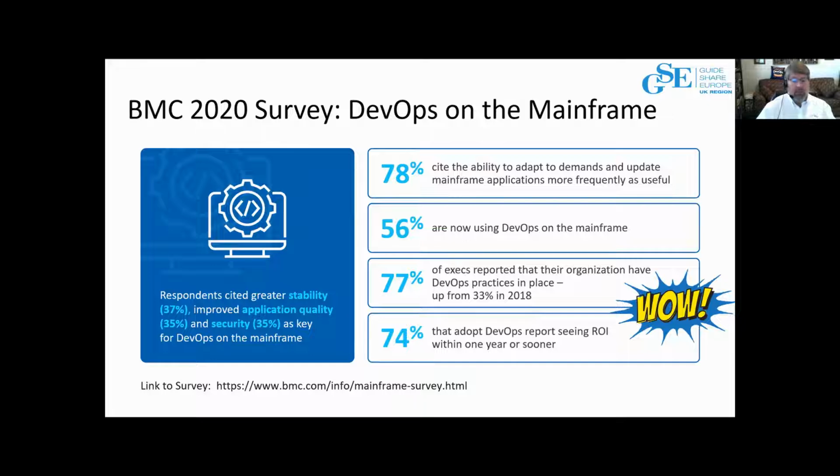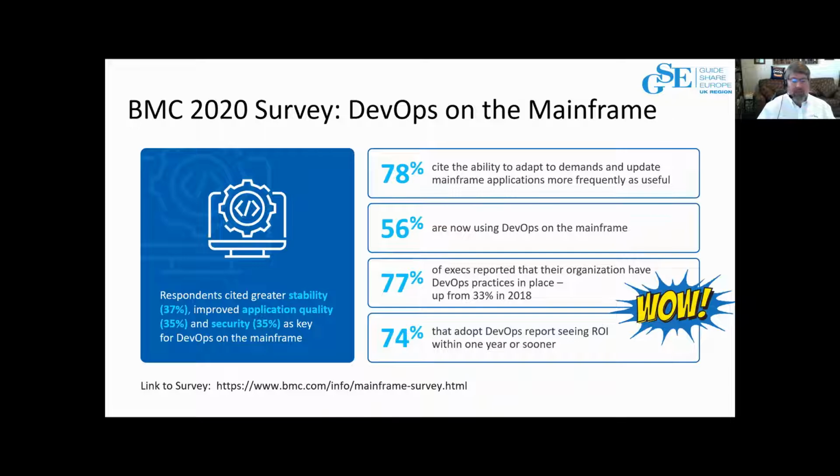It's a good survey, and it shows the commitment to the mainframe, but it also shows some outstanding changes in the market. So what are companies looking for? They're looking for the ability to provide changes faster. 78% cite the ability to adapt to demands. It's agility, right? How do we drive change faster? But what was really amazing